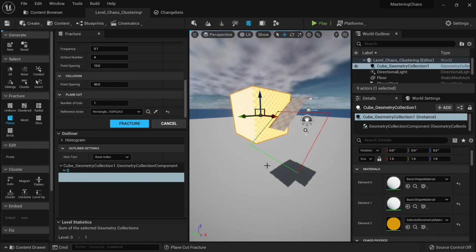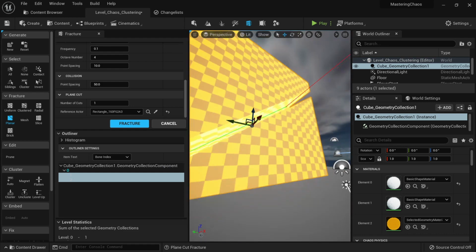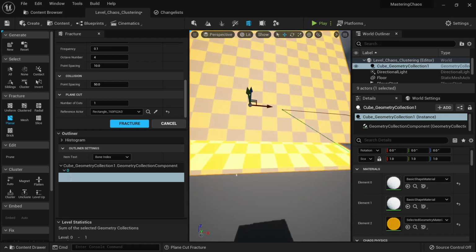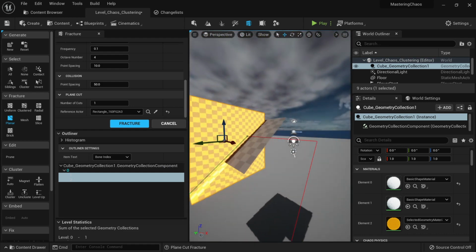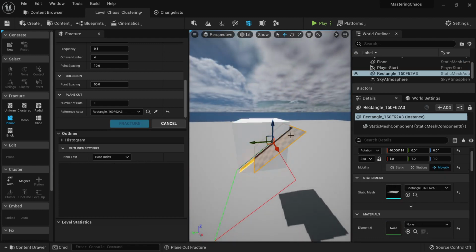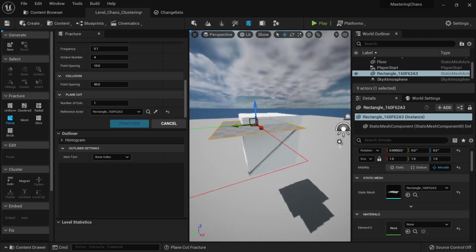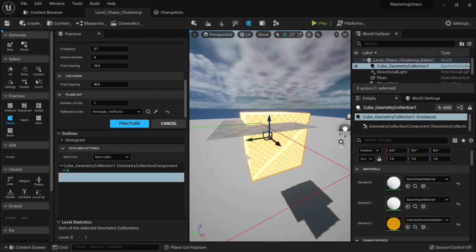And now, if I explode it, you will see that I created a perfect line using the mesh I want. So this can be very useful if you want very specific cuts. For example, I want another one here. Let's go here, and